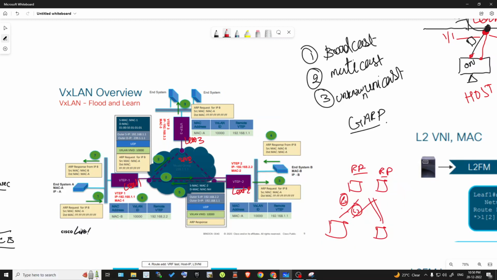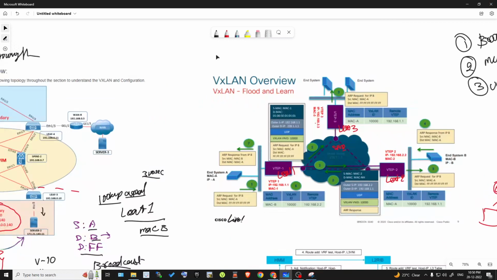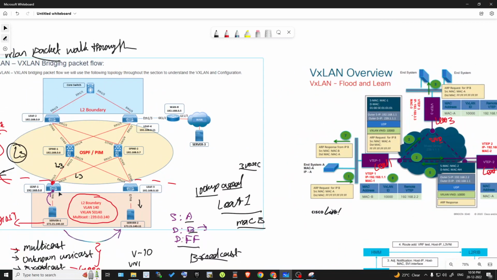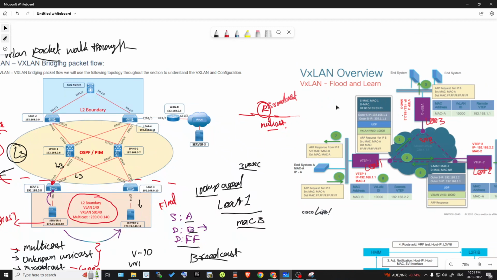Let me bring the diagram. So this is the diagram, right? These are L2 boundary. It will normally do flood and learning, and this is L3 boundary. So by default, L3 does not allow broadcast traffic, that you are aware, right? By default, a router does not allow broadcast traffic. To overcome this problem, we are using multicast for discovering the host detail, right? Okay. Now if you see this,